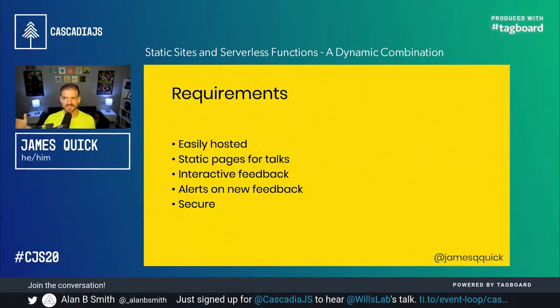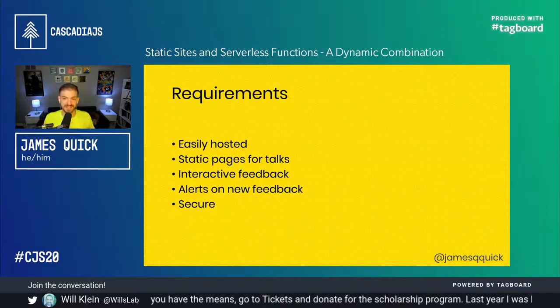This is something that speakers rarely actually get. A lot of people come to a talk, they listen, they leave, or they say good job and they walk out. Rarely do you actually get constructive feedback. So I wanted to advocate that I would love to get some feedback on talks. I would like to also get alerted when a new piece of feedback comes in. How can I know that feedback got here?